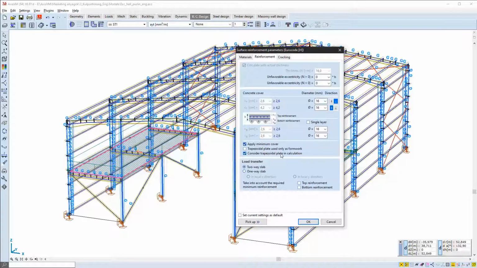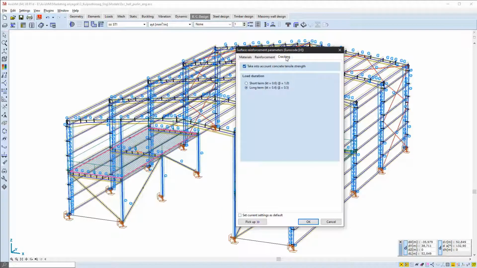We will consider the trapezoidal steel plate in the first example. In case of composite slabs with trapezoidal sheeting, limiting crack width cannot be given on the cracking panel, and as we will see, cracking is only calculated for the top part and not for the bottom.